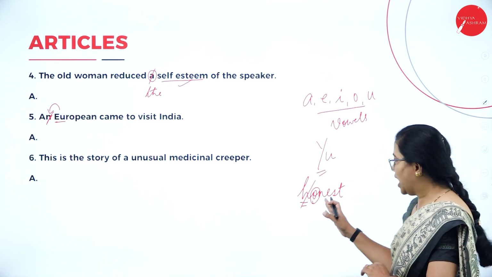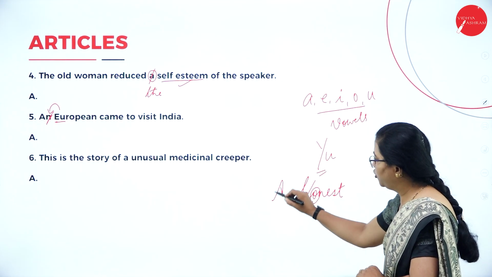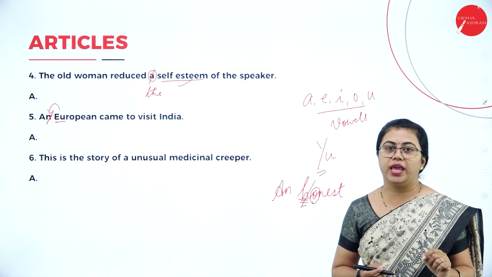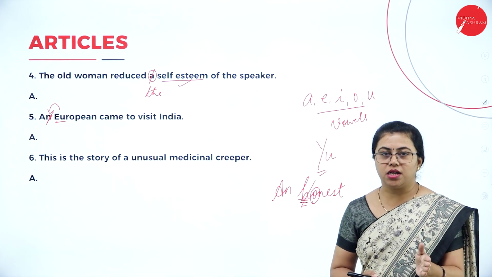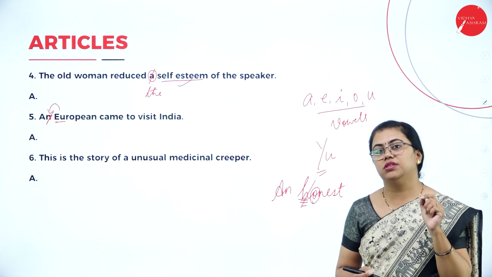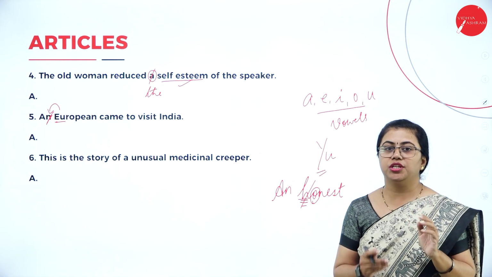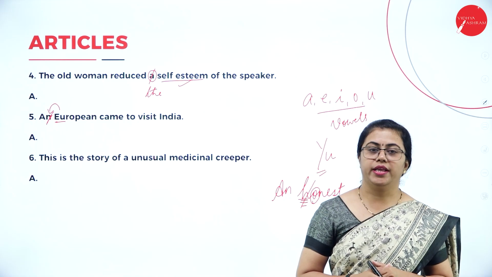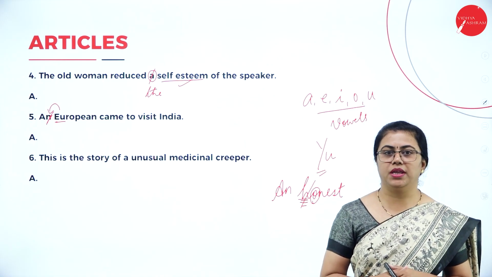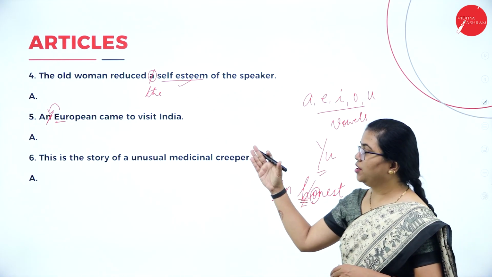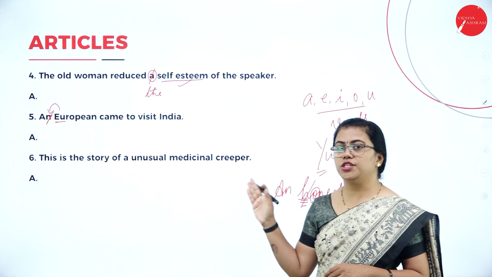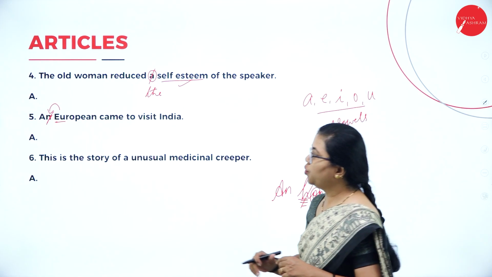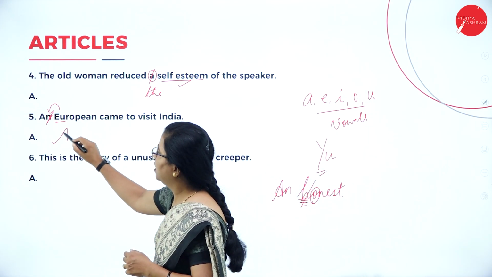Okay, so there are such words wherein you may have to use "an" along with a word that starts with a consonant. Make sure you pronounce it rightly and see which pronunciation the word begins with. Is it a vowel sound or a consonant sound that is beginning? Here also, European begins with a consonant sound, so we have to use "a" over here. So what does the sentence become? It is a European,